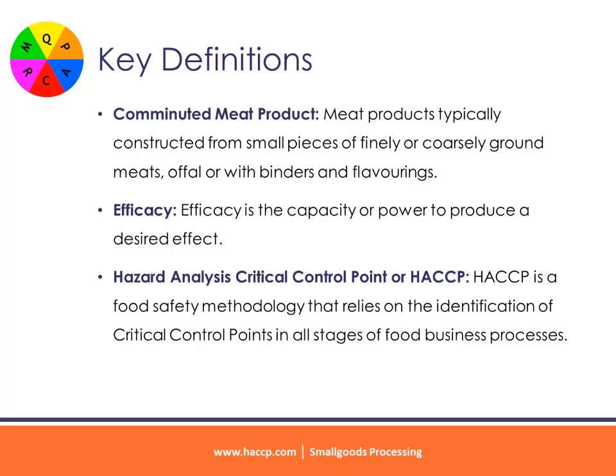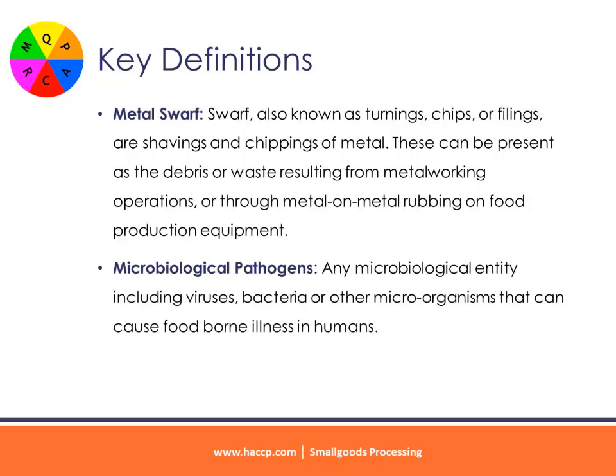Hazard Analysis Critical Control Point or HACCP. HACCP is a food safety methodology that relies on the identification of critical control points in all stages of food business processes. Metal swarf. Swarf, also known as turnings, chips, or filings, are shavings and chippings of metal. These can be present as the debris or waste resulting from metalworking operations, or through metal-on-metal rubbing on food production